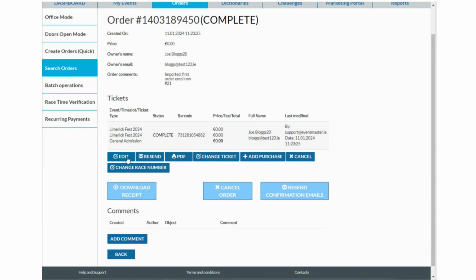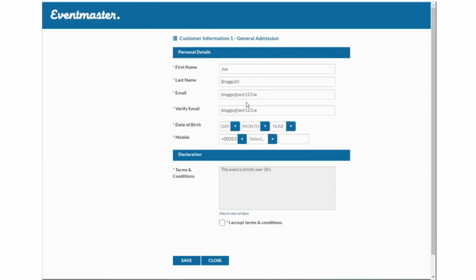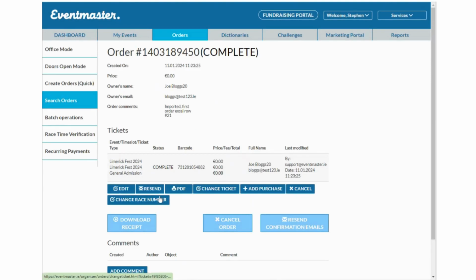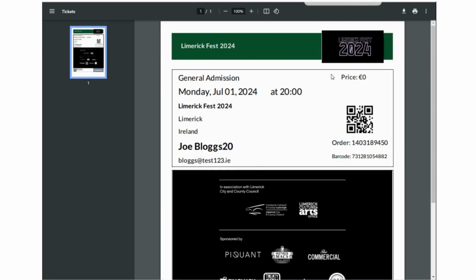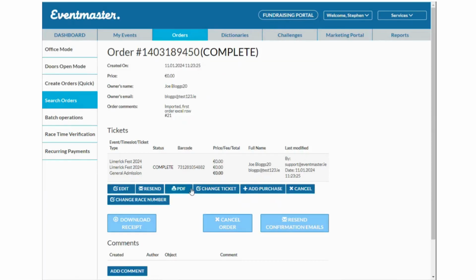So say you can click on the edit button. So if they want to change their email, they made a typo in the email and they didn't get it, you can update their email, update anything in the order form for them. You can resend their confirmation email as well. You can click on the PDF. This will show you their ticket. So if you wanted to send them a PDF version of the ticket, if they're having any kind of issues,